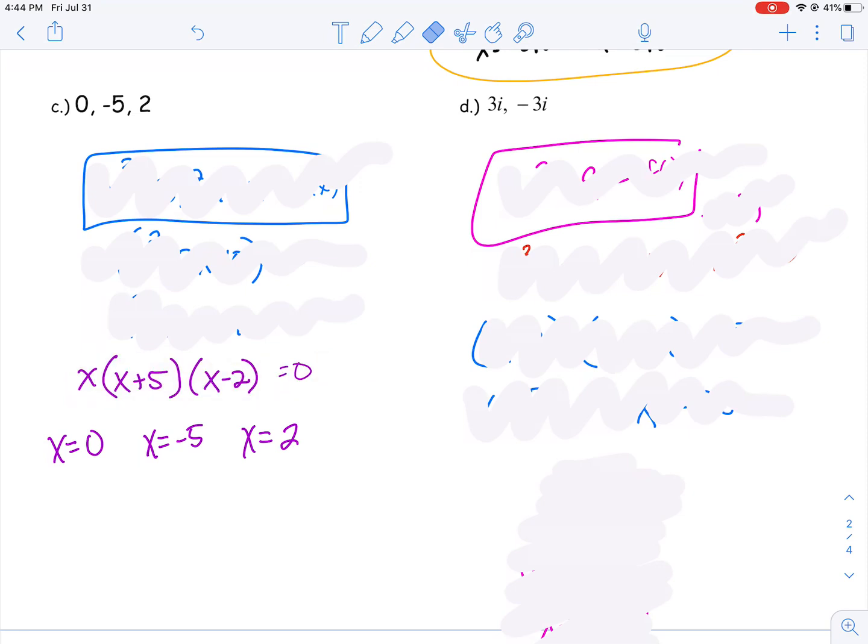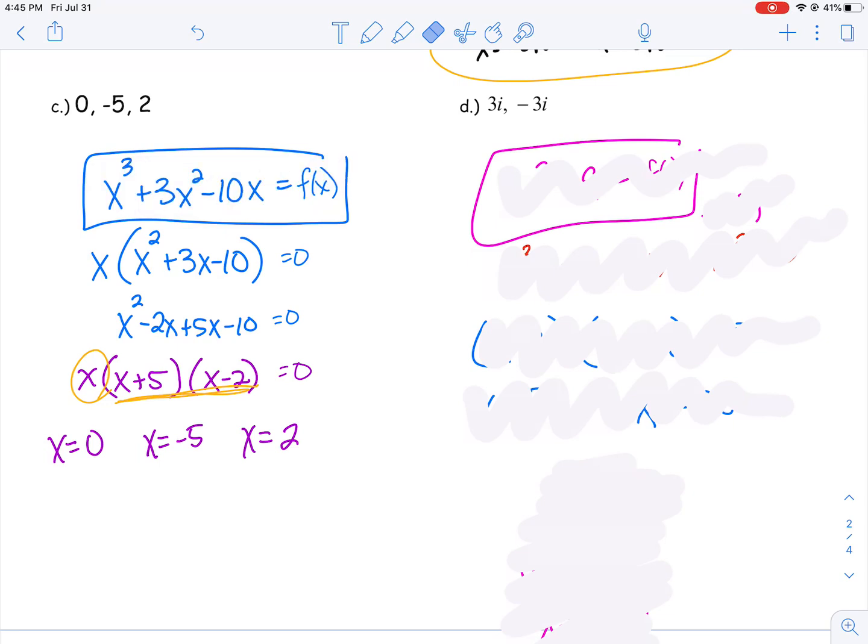Maybe something like this. X minus 2 times x plus 5 times, oh, just a lonely x, right? Or x plus 0 or x minus 0, but we normally don't write the 0 in the back of things, so we could just say x. Well then, I can FOIL, combine like terms, and then distribute the x through. When I FOILed, I got x squared minus 2x plus 5x minus 10. I combined my like terms and got x squared plus 3x minus 10. And don't forget you have the x in the front that you need to distribute through. I ended up getting the equation x cubed plus 3x squared minus 10x